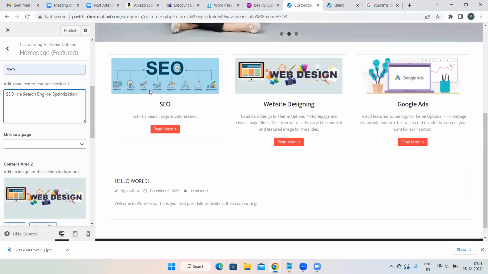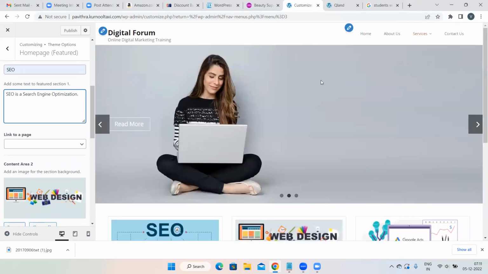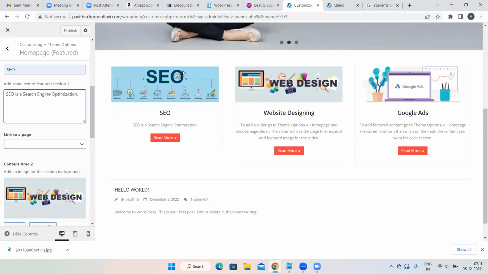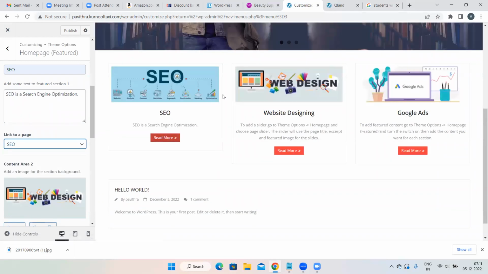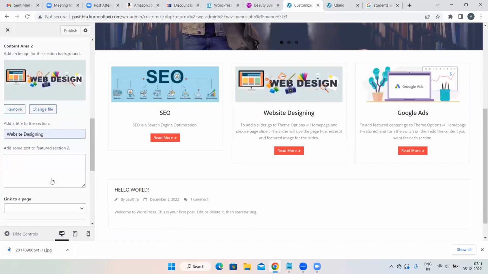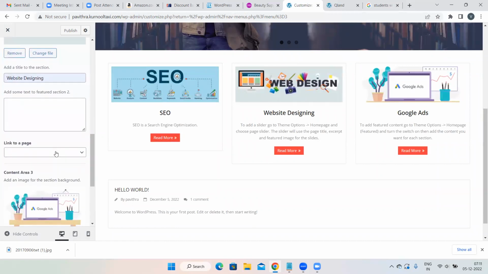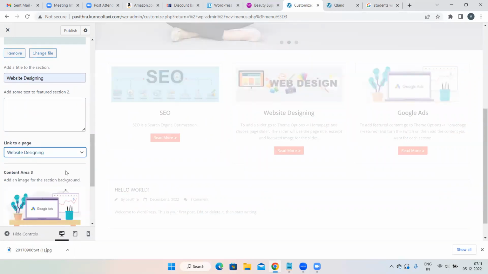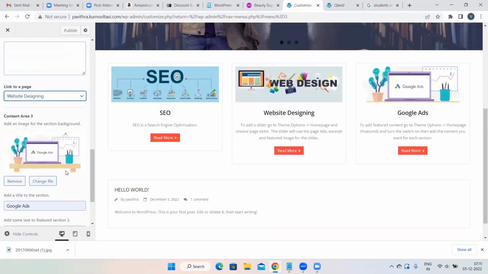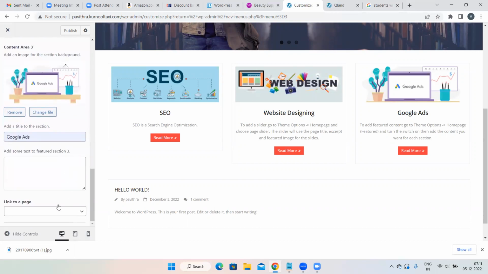Obviously, where will you redirect your audience? Out of all these pages, where will you redirect your audience from the SEO part? To the SEO page itself, right? So click on the drop down and select SEO. So when someone clicks on read more, they will be redirected to the SEO page. When someone clicks on the read more button of website designing, they will be redirected to the website designing page. Again, when someone clicks on Google Ads, they will be redirected to the Google Ads page of that particular